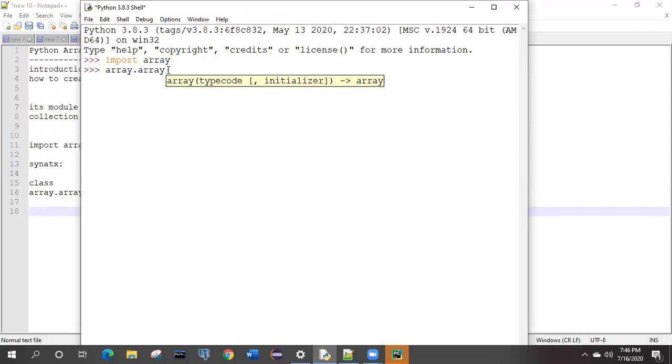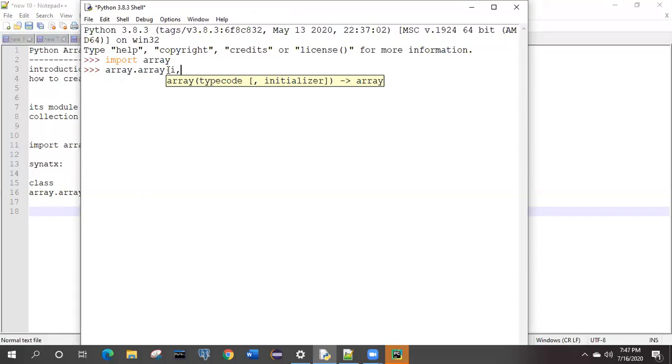Type code is like how we declare the variables i, j and others, in the same manner, like in for loops from 0 to 10. So we need to write one type code over here. Initially, for integers we can take I, and we'll proceed to work on that.